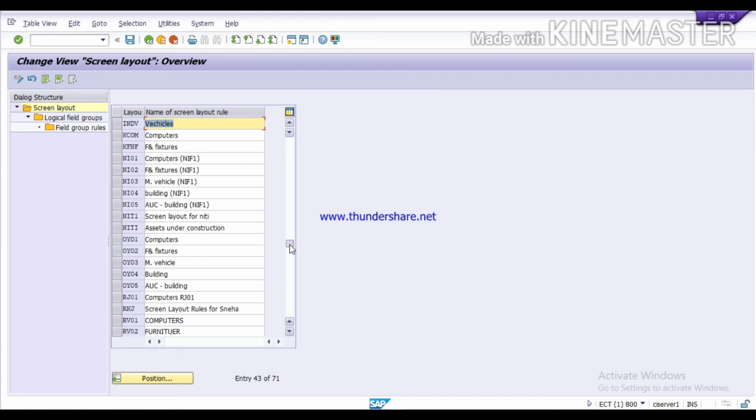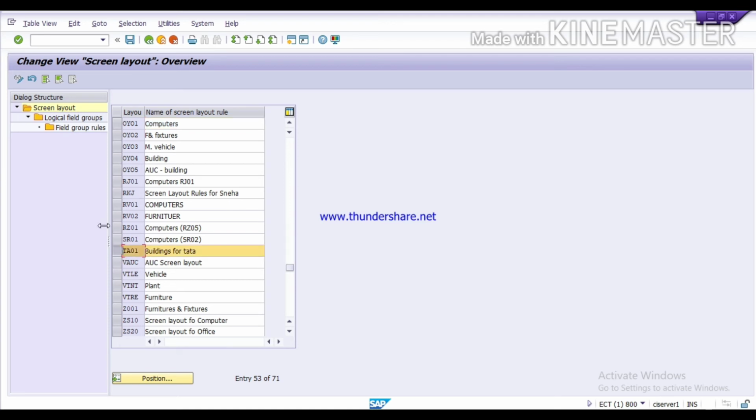For building we have created, I'll check it once. This building for Tata, this screen layout we have created in a previous video. So we will select this, then click on logical field group.